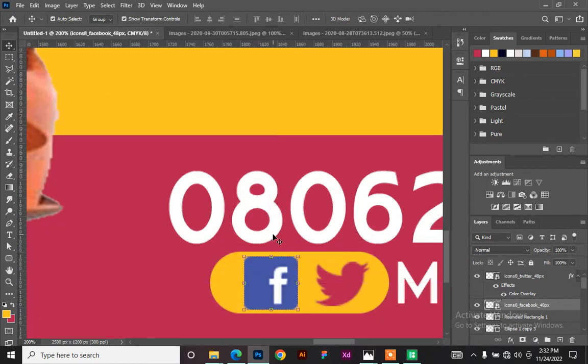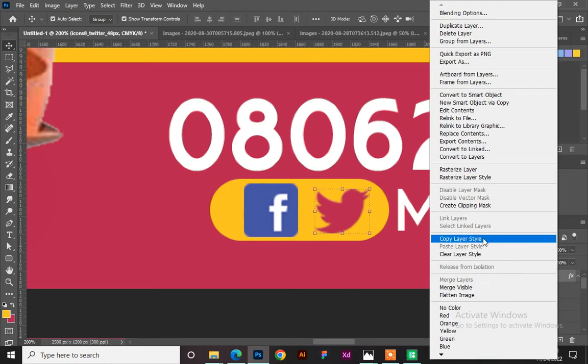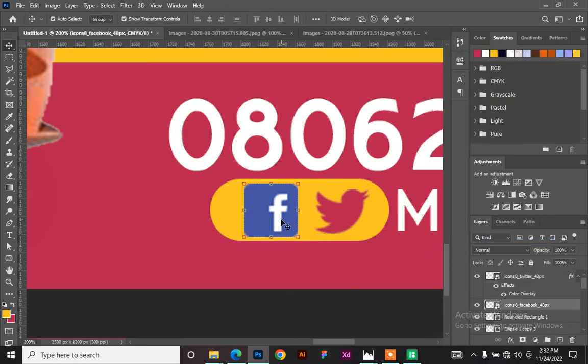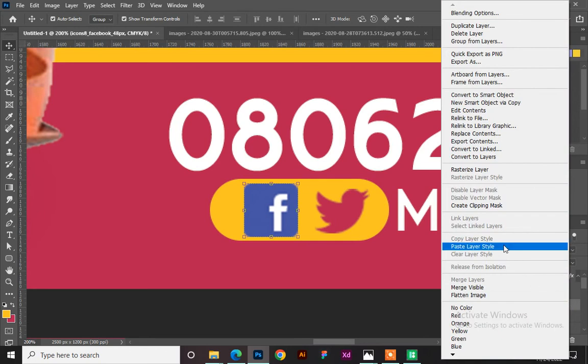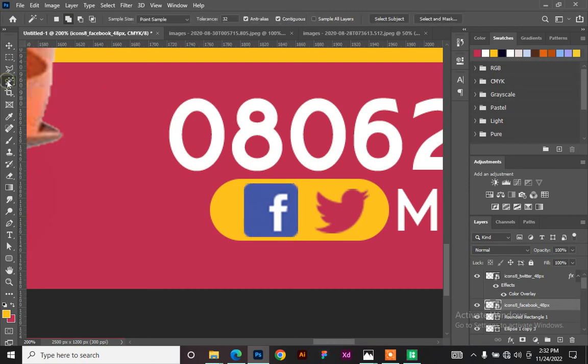Same thing for the Facebook logo. But if I change it, you know, you can copy this layer style we applied here and just paste it here like this. You just right click and you say copy layer style, and then you select the Facebook, and then you right click and say paste layer style. But you see it's going to cover everything together with the F, so you cannot see it. So I'll undo that. First of all, select my magic wand, then I'll click on the F, and then I'll